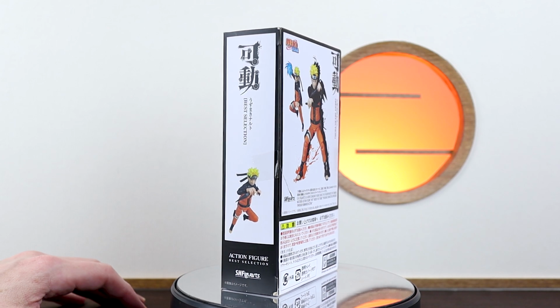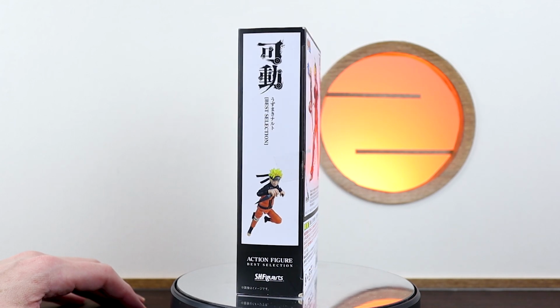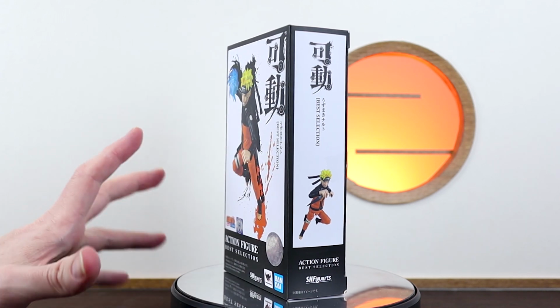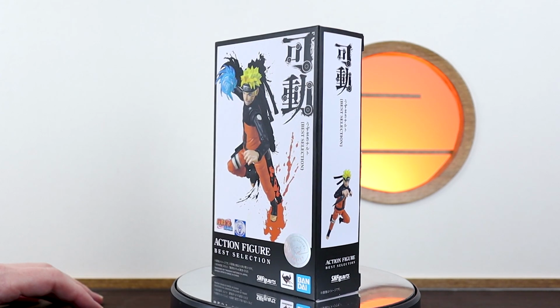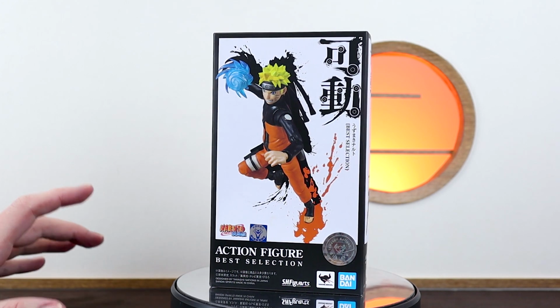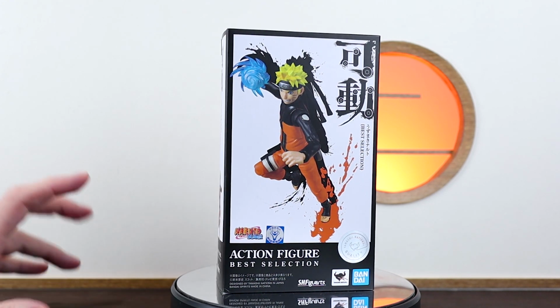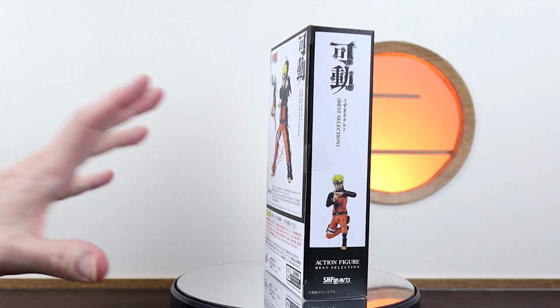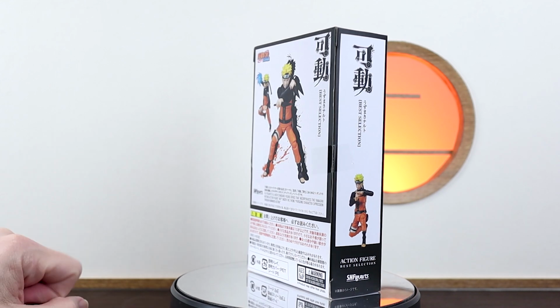Something that's been, I guess, hyped up and anticipated by a lot of fans. A lot of people have been asking for a revival of this line, which just kind of died out a few years ago, which is a real shame because they had some really cool figures, so it's definitely nice that we're getting it back. I thought a good place to start off the reviews would be with the Best Selection